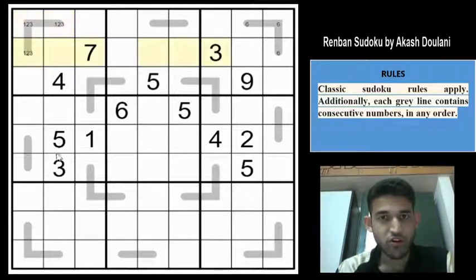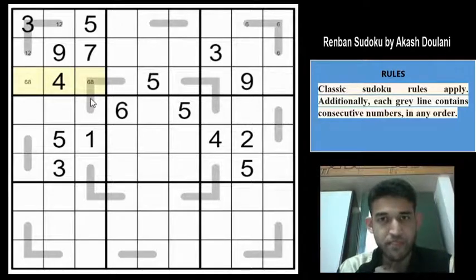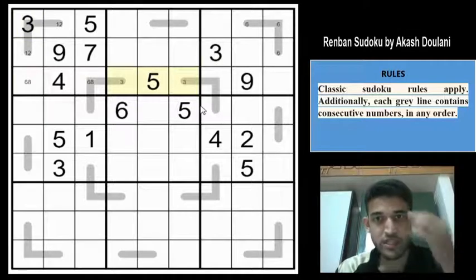We have a 3 in row 2 and 3 in column 2, which means that we will get the 3 here, and we can eliminate the 3 from these 2 cells. And this is giving us more digits. 5 is in row 3, 5 is in column 2, so we get a 5 here, and 9 is in row 3, we get a 9 here. And now these 2 cells must be 6 and 8, and the 3 in row 1 and row 2 gives 3 in one of these 2 cells.